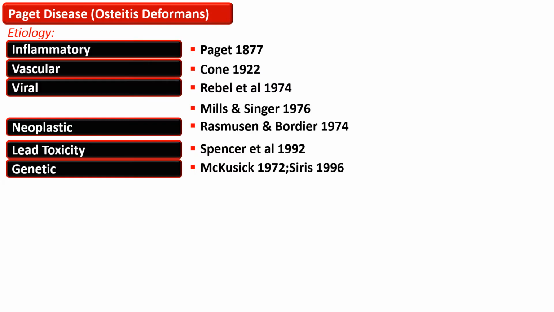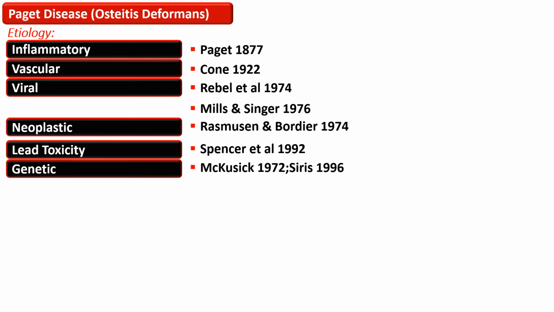Now, etiology of Paget's disease. Paget's disease is very much mysterious. Since Paget described this disease in 1877, he labeled it as an inflammatory condition. Then some scientists in the 19th century considered that it is vascular. Then Rebel and Mills thought that this has some viral etiology. Then Rasmussen and Bordier in 1974 proposed a neoplastic theory for this